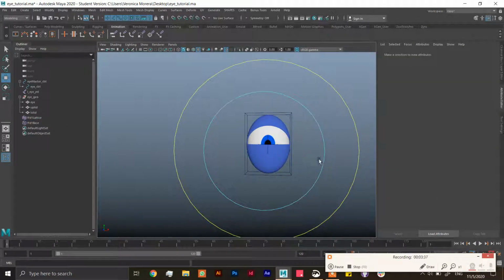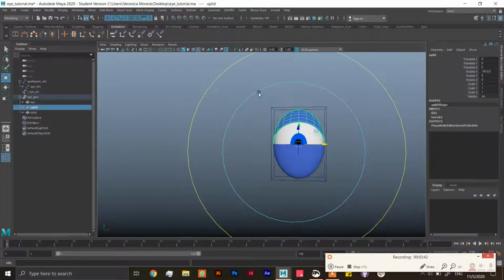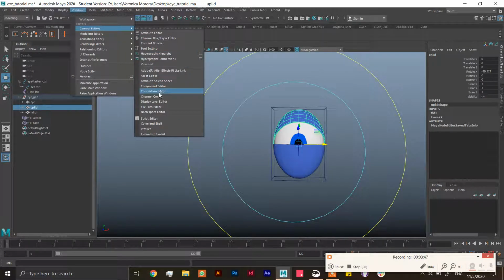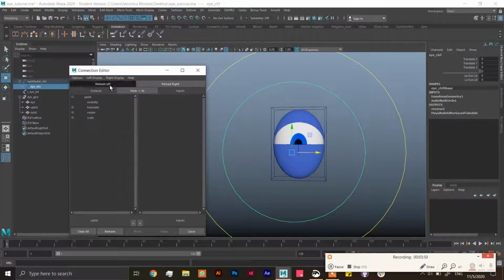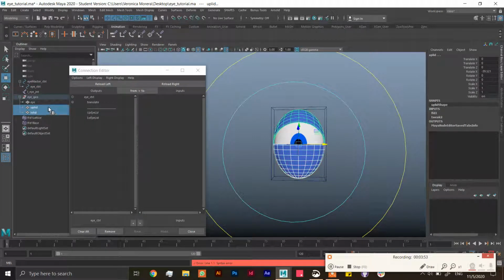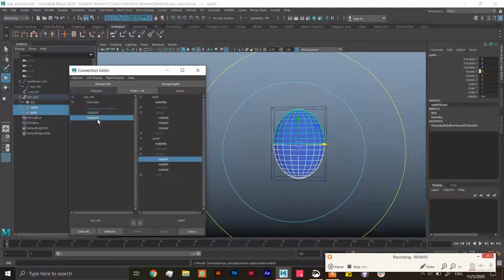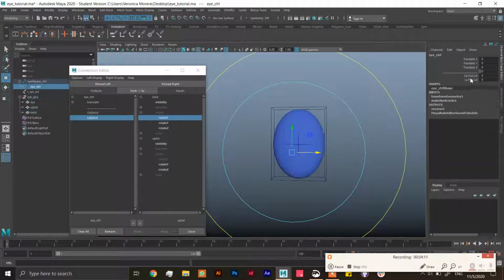After that, I'm going to connect the eyelids to the control, which is very easy. So selecting general editors, connection editor, and putting the control as a parent, and then the eyelids, and the up eyelid is going to be connected to rotate X of the up lid, and the low eyelid to rotate X as well. The only problem here is if I move the low lid in positive,